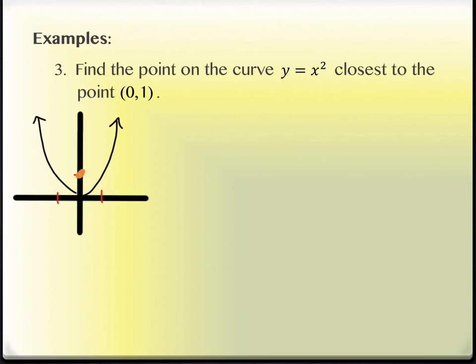How's the orange? That should be better. Okay, so this is the point (0, 1). So obviously if I went from (0, 1) straight down, how far is the vertex from (0, 1)? It's 1. So this distance is 1 away right here, yeah? And if I went over to this point on the curve, how far is it over? It's also 1, right? So whatever distance I'm getting, it better be somewhere that's happening, sort of visually speaking, in